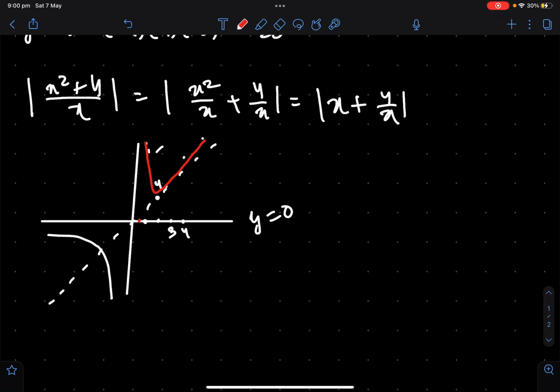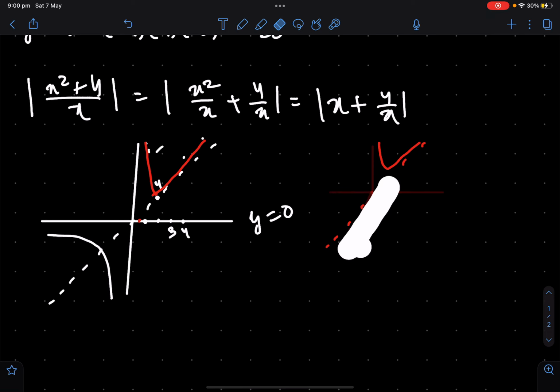That's why the graph will approach our asymptote at y is equal to x. And our graph will look like this. And this will happen on the other side as well. Now, to figure out what this lowest value will be, to figure out the range of this function, we have